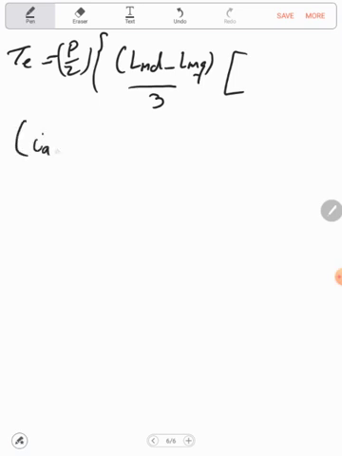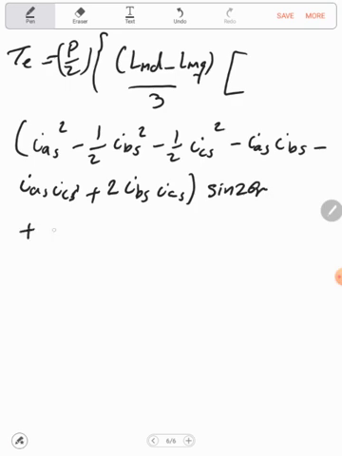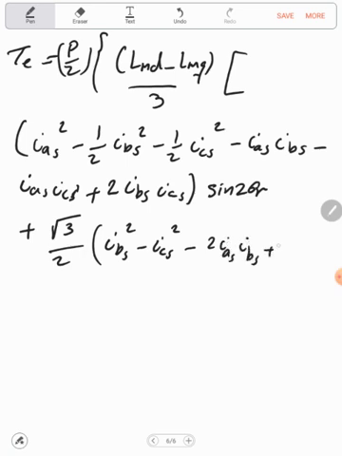Another bracket. This would be IAS squared minus 1/2 IBS squared minus 1/2 ICS squared minus IAS IBS minus IAS ICS plus 2 IBS ICS, times sine 2θr, plus square root of 3 over 2 multiplied by (IBS squared minus ICS squared minus 2 IAS IBS plus 2 IAS ICS), all multiplied by